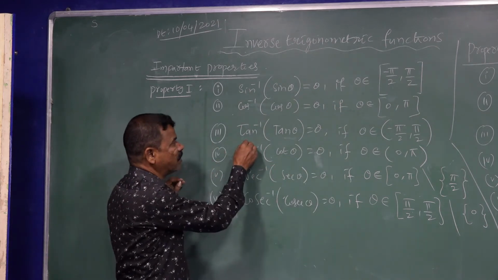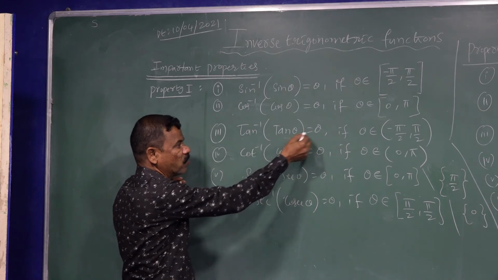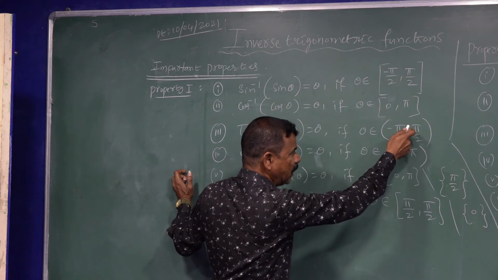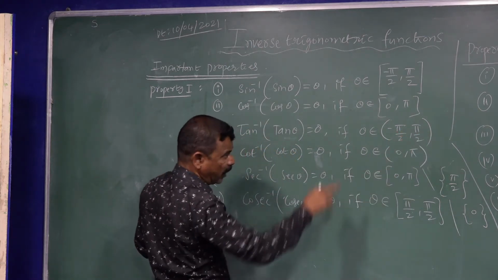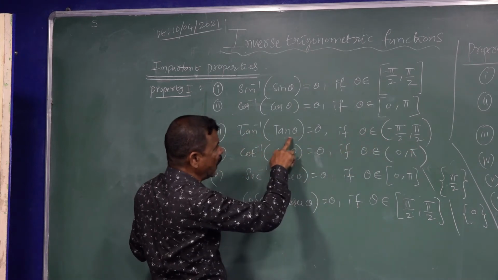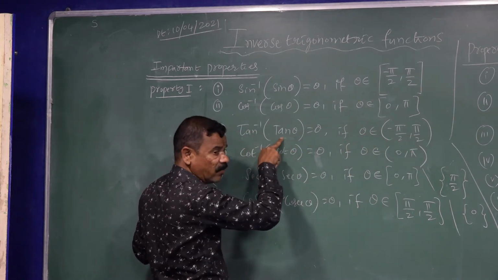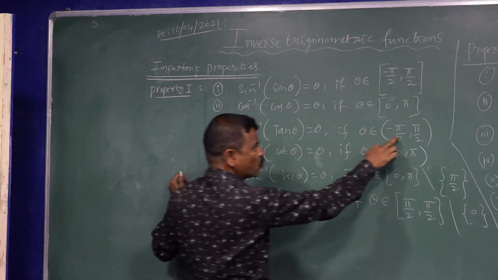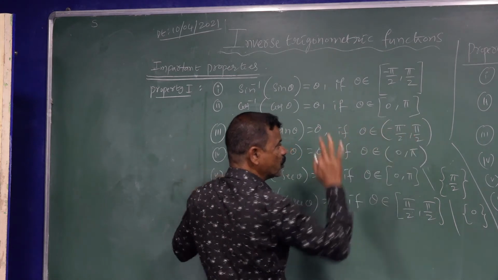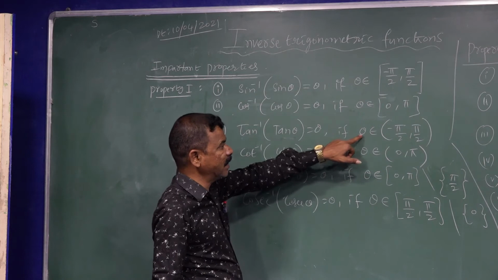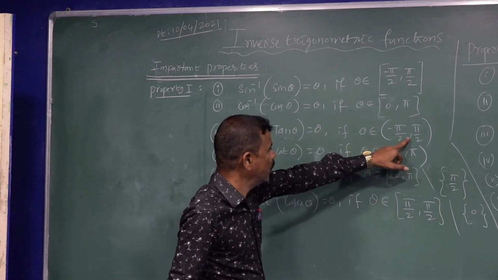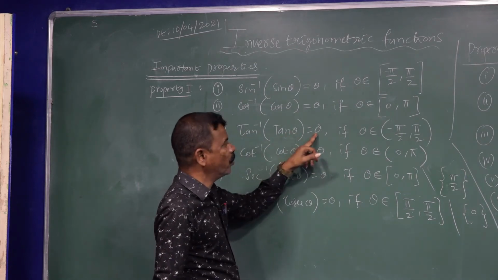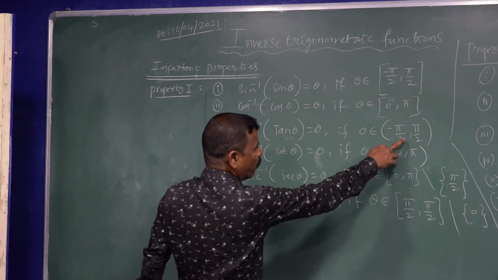Whereas tan inverse of tan theta is equal to theta here if theta belongs to the open interval minus 90 to plus 90. 90 is also not accepted. You check here, tan 90 is infinity, and tan inverse infinity also does not exist. So that's why these values are not accepted. In between values it exists. Suppose we consider any value in this, 0 in between. Tan 0 is 0, tan inverse of 0 is also 0. 0 coming.